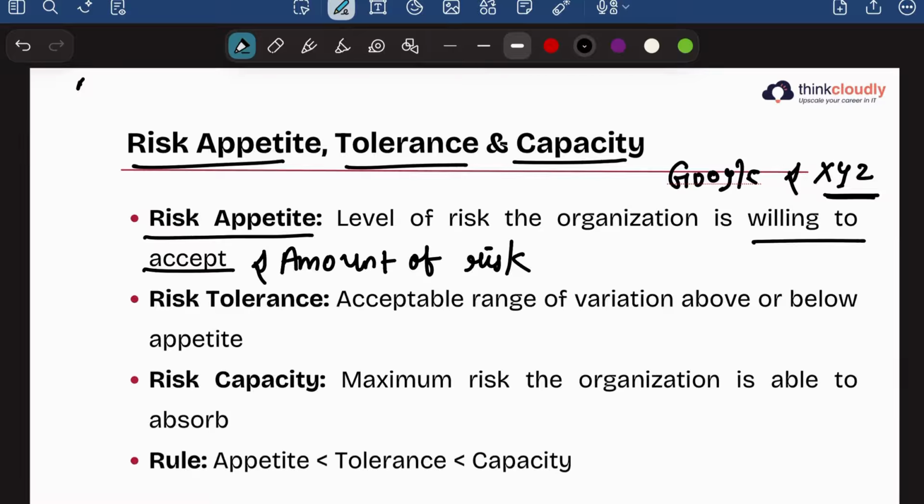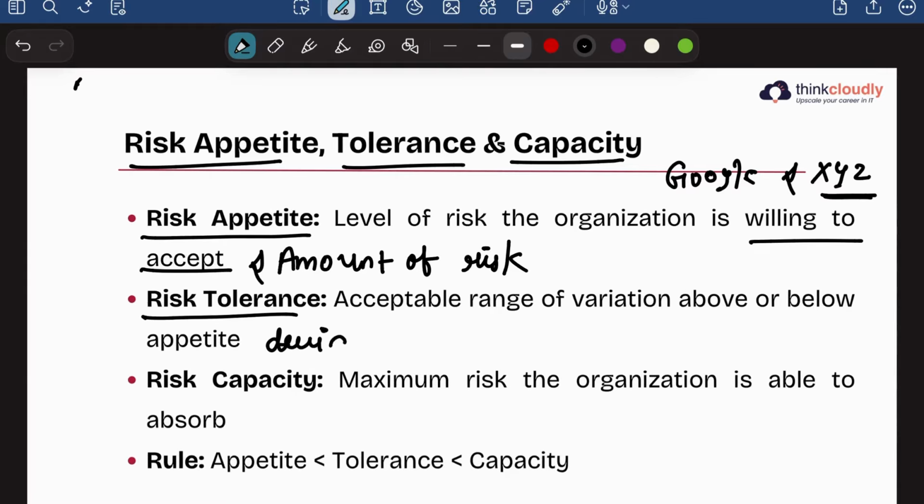Now, to explain tolerance, this is the deviation from the risk appetite. We are not living in a perfect world, are we? Esther is no god, right? She can plan everything, but what if a $5,000 loss still happens? But that is the same year that the organization made $20,000 as profit. Now, this is not something that the organization would like. They would definitely prefer to lose only $500 or less. But even if they have lost $5,000 and made $20,000 as profit, their net profit would be $15,000, and they will be fine with it. They will tolerate this risk.